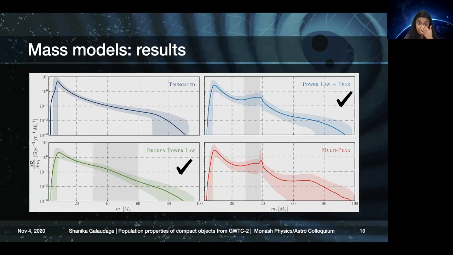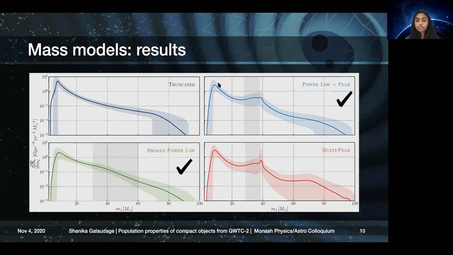So here are some results. So first of all, let me describe what these models are. So we have four mass distribution models. Note that we do have another one, but that's combined with spin that I'll discuss later. But here we have four models, one which is a simple power law, so truncated, being a simple power law with sharp cutoffs. Then we have what we call power law plus peak, which is a mass distribution that doesn't